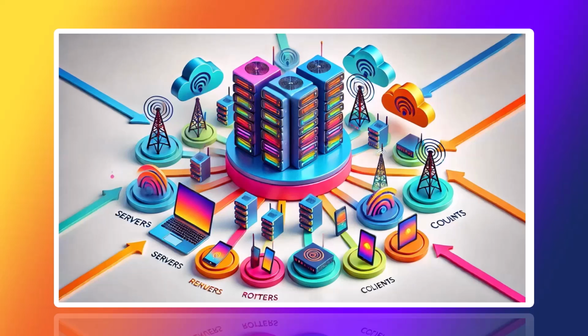To comprehend the Internet's structure, it is essential to recognize its key components: servers, routers, and clients. Servers are powerful computers that store and manage data, providing access to information and services requested by users. Routers act as intermediaries, directing data traffic across the network to ensure that packets reach their intended destination efficiently. Clients, such as personal devices like computers, smartphones, and tablets, request and receive this information from servers.